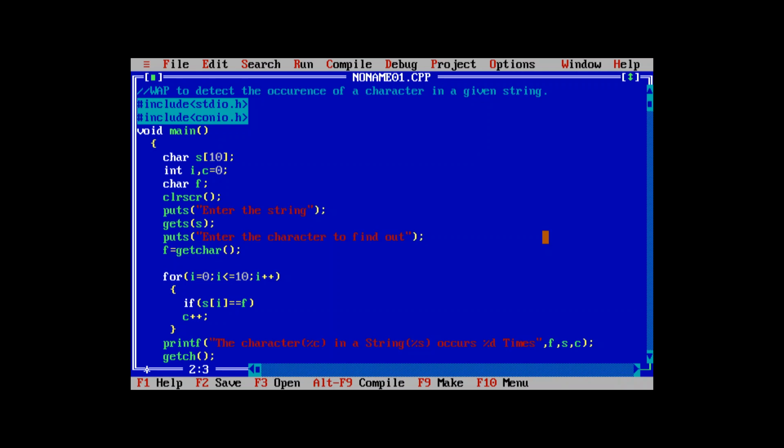So we have to scan into the variable that is s. S is an array. Now printf or puts another string, that is enter the character to find out, that is